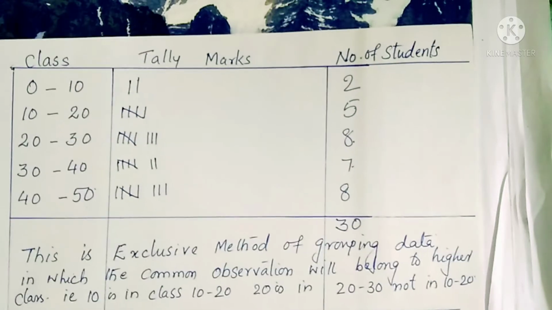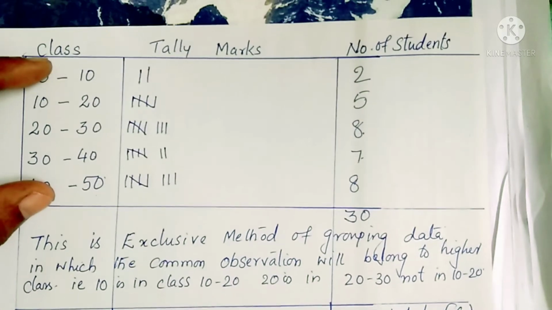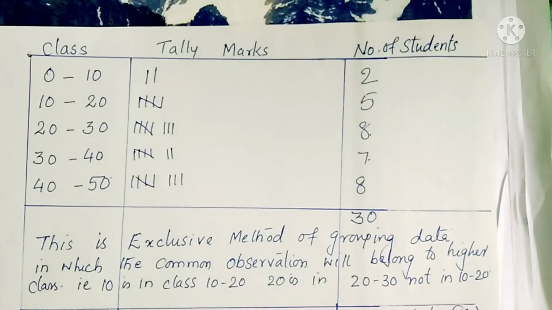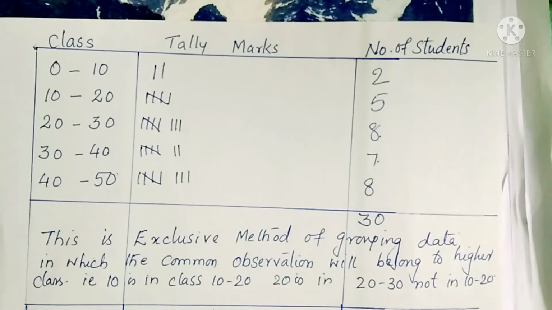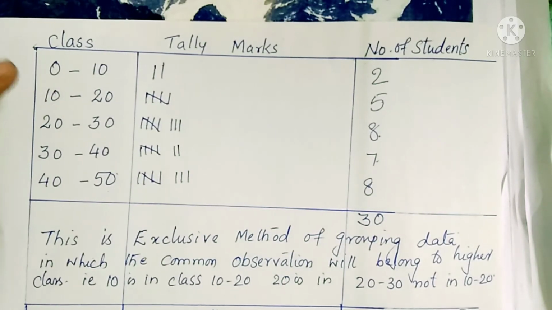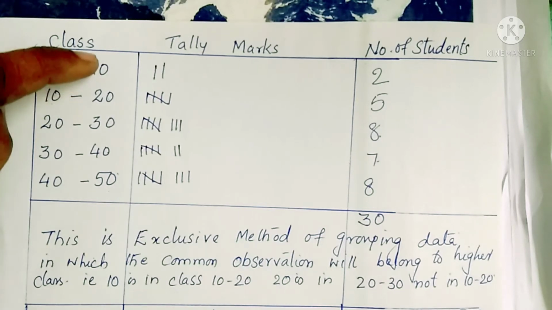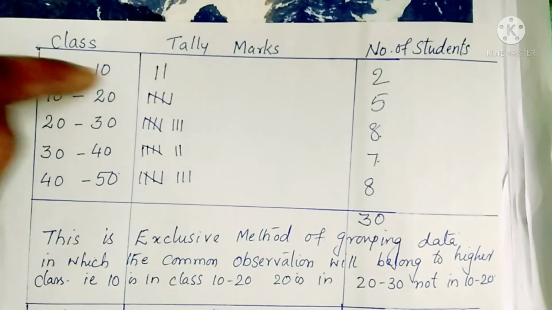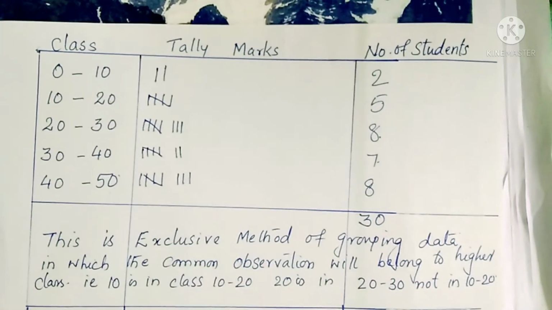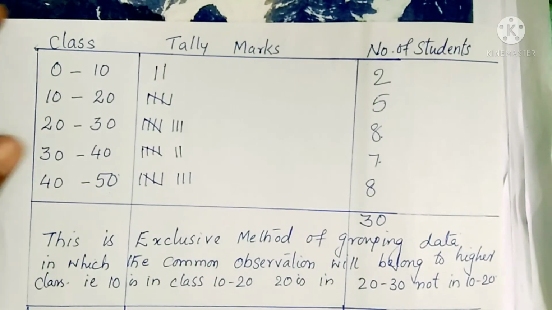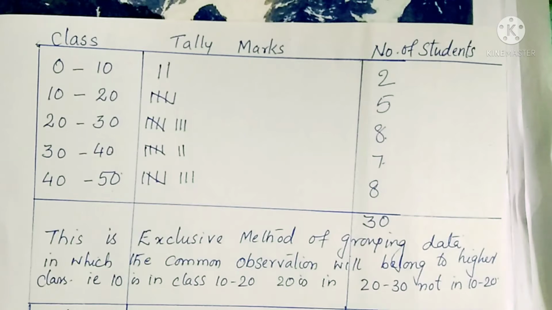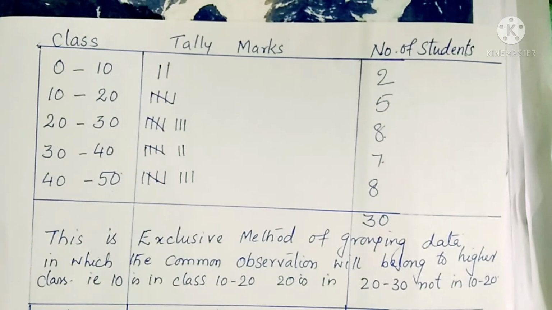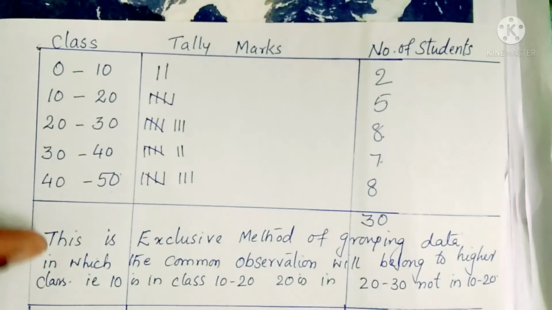Okay. Now if you don't want to write like this, to avoid confusion, sometimes children may add in 10. If a child got 10 marks, here there was no 10 marks, sorry, only one 10 mark was there. So if a child got 10 marks, sometimes the children will include them both in 10, 0 to 10 and 10 to 20. So little bit confusing. So to avoid that, what we will do, we will make an inclusive distribution table also can be made. Not compulsory, children. If you make like this, you should understand and do it.